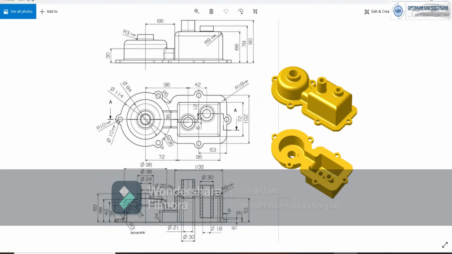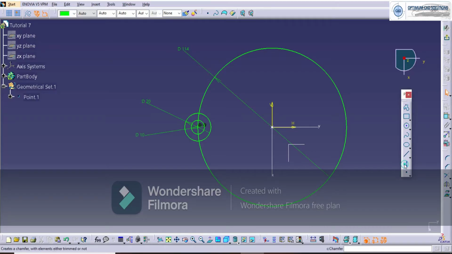So those are divided into three. It means an angle of 120 degrees. So we'll split all the three circles according to the 360 degrees.